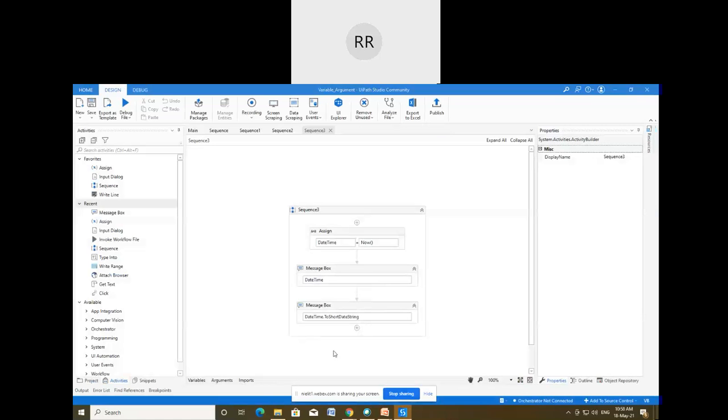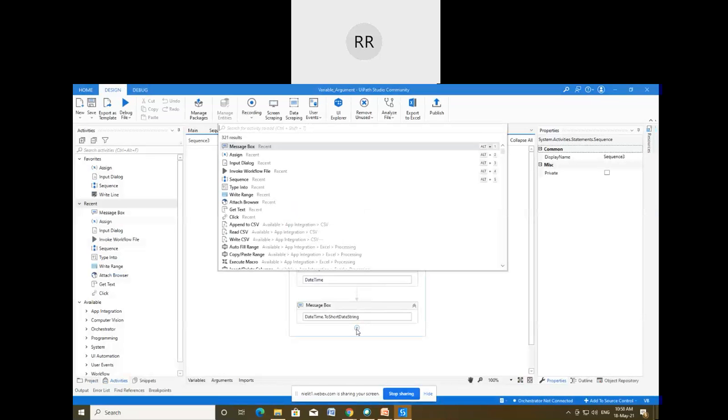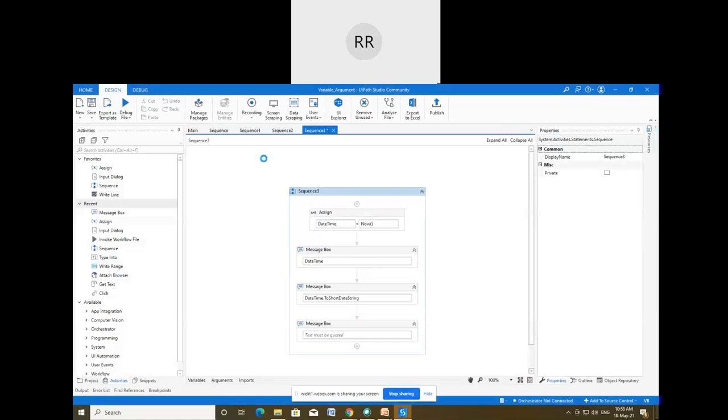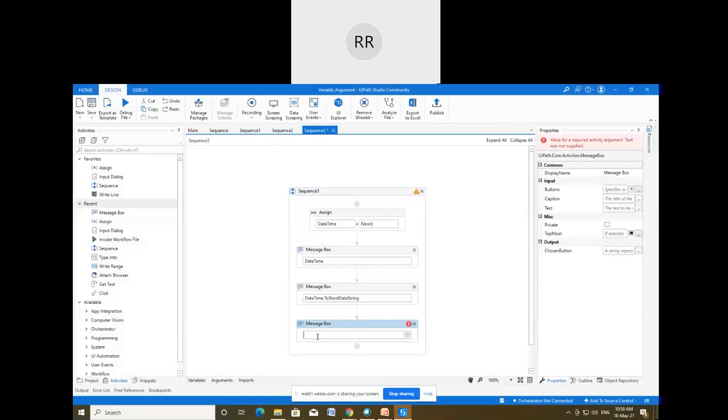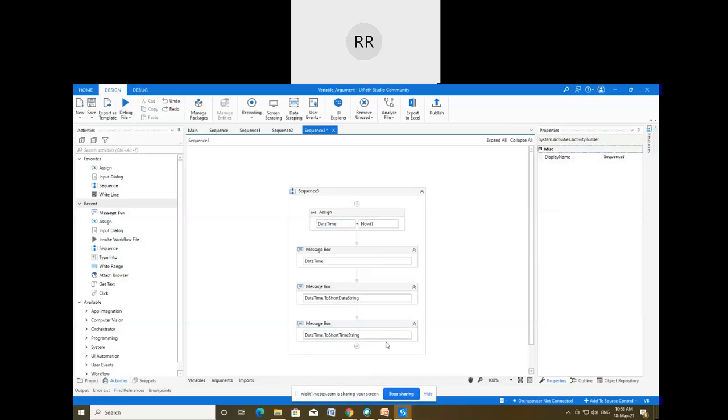Similarly, if you want to display only the time, then what I can do, I have to again use the variable. Okay. So first connect this message box and again use that particular variable date time. Okay, that is done, and then dot to short time string. Okay, we have to select here. So to short time string, and again save, and then once you run this,